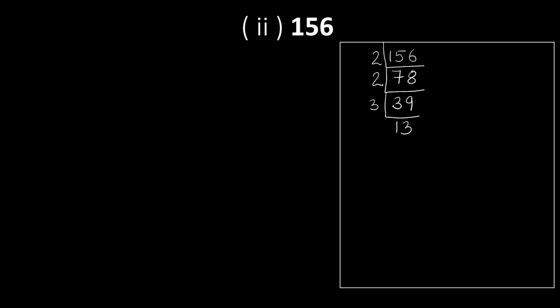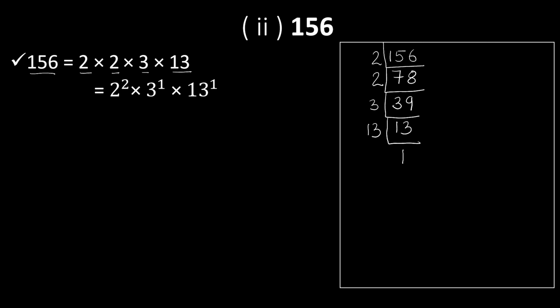Now we came up with a factor here, which is a prime factor, right? 13 is a prime factor. So definitely it will be divisible by only 13. And hence we are going to get 1 as a quotient. Now we will be writing 156 as a product of its prime factors, which would be 156 is equal to 2 into 2 into 3 into 13, which can further be written as, since 2 is occurring twice,